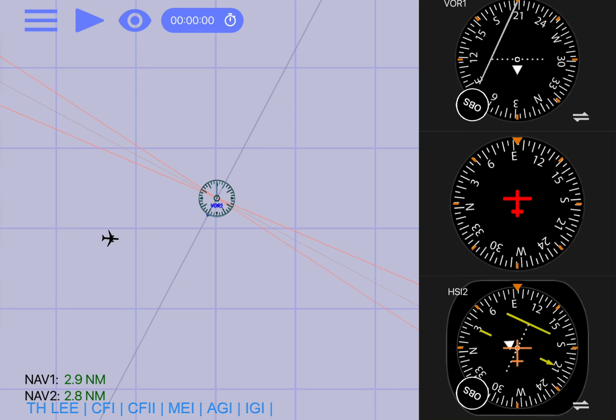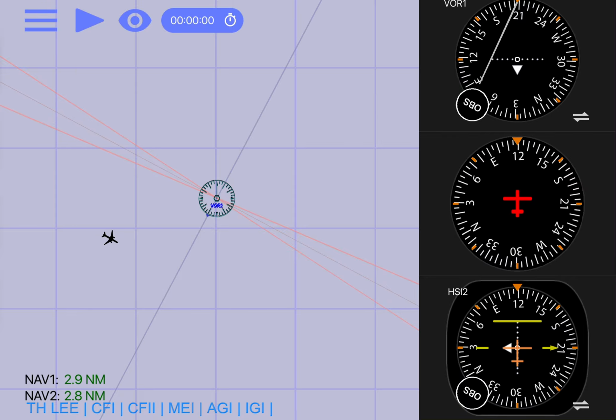However, in the HSI, the heading information is added to this information. So visually, I can see where the city is located and where the radio is located. In the middle, there is a miniature airplane, and there is a radio arrow, and the CDI is in front of me and to the right bound. So if I turn my heading to 120 and fly with this heading, it means that I can intercept and track